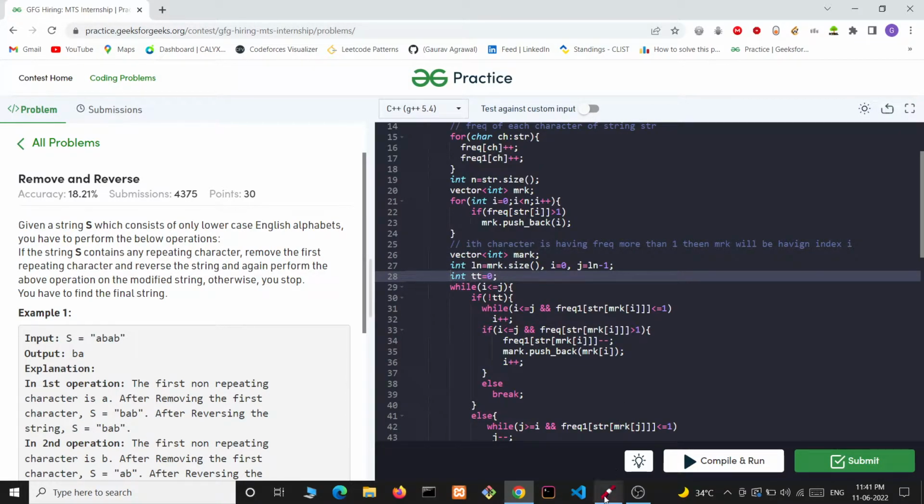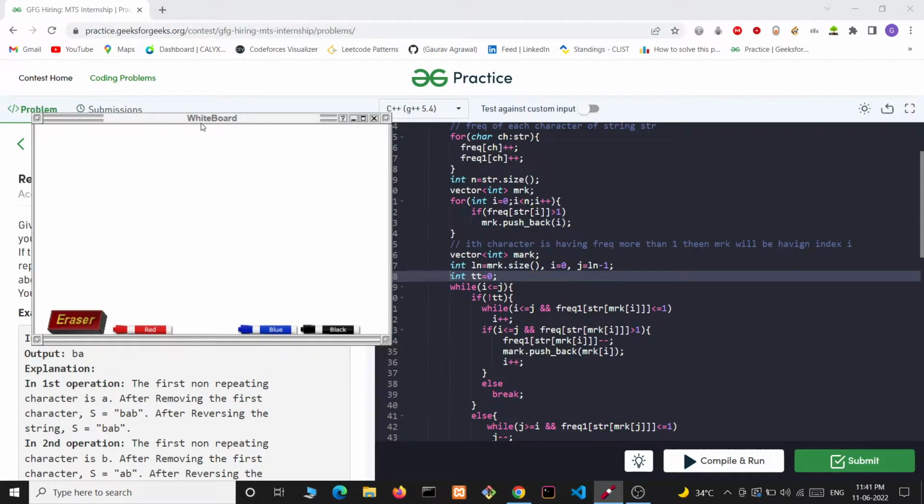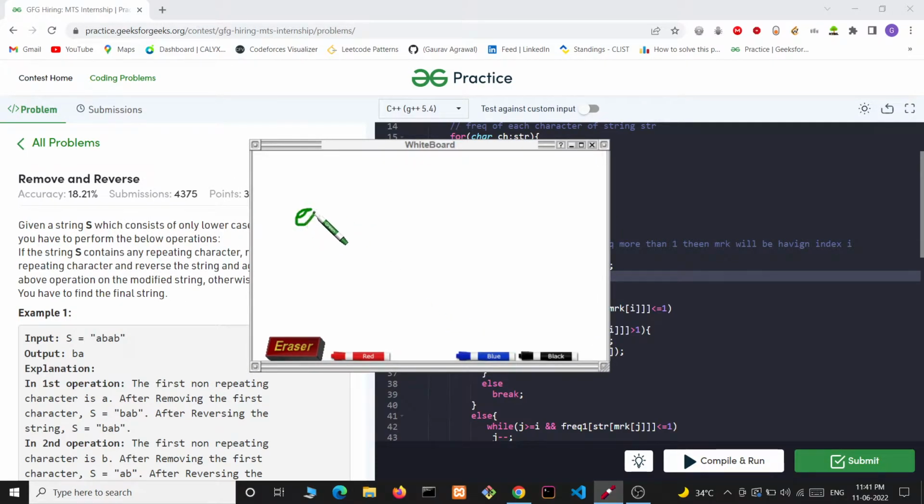Let's say we have a string like A, B, A, B. Now we know that first this character will be removed, and then this character will be removed, and the string we are left with will be A, B. Then we need to see that we have removed two characters. So we will get the string left, and we don't have to reverse. We can put this condition later.